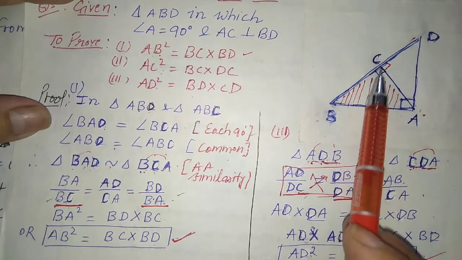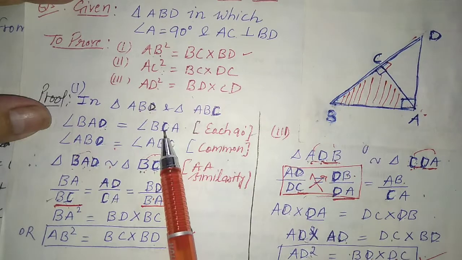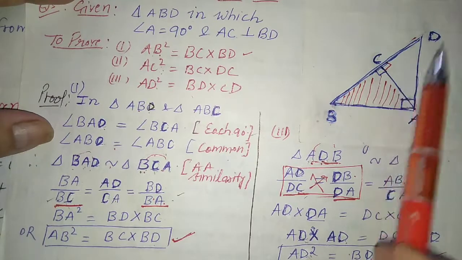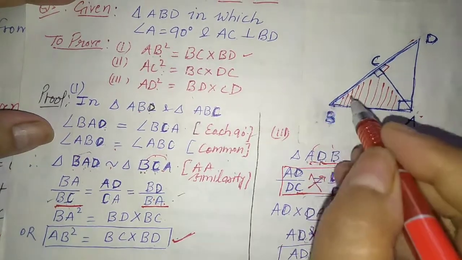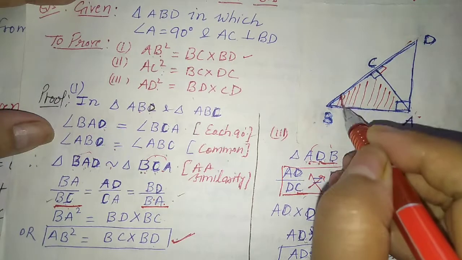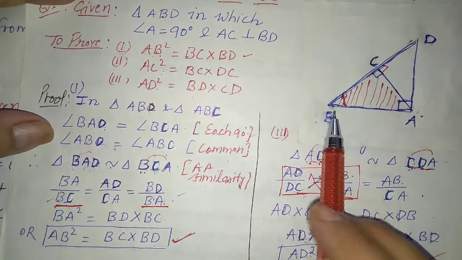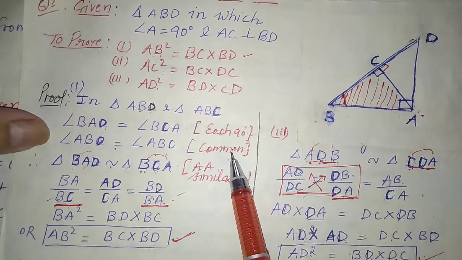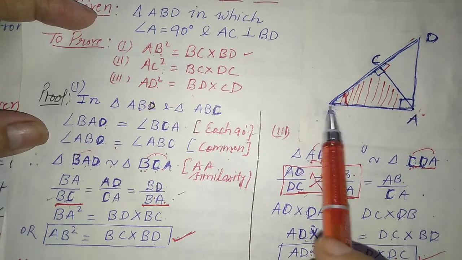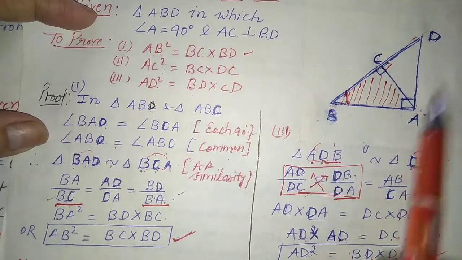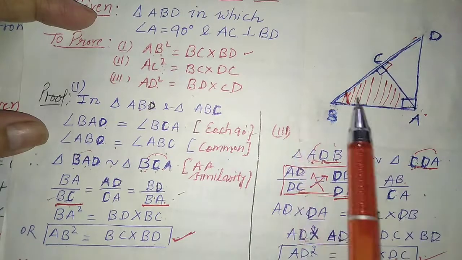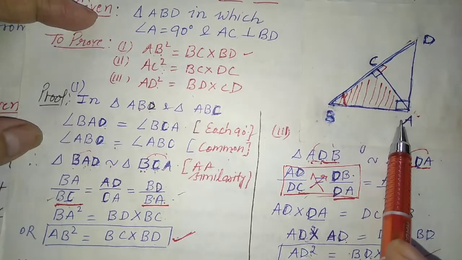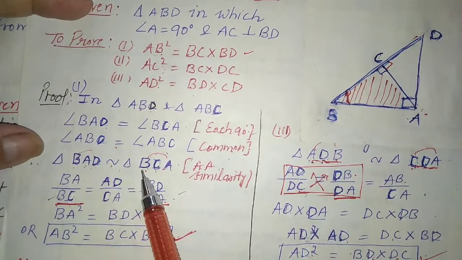So where the 90 degree angle is formed, that vertex should be at the center. So angle BCA is 90. Now, in triangle ABD, this angle B is common. Both triangles ABD and ABC share angle B. In triangle BAD, angle A is 90, and the remaining vertex is similar. In triangle BCA, angle C is 90, and the third vertex. So triangle BAD is similar to triangle BCA.